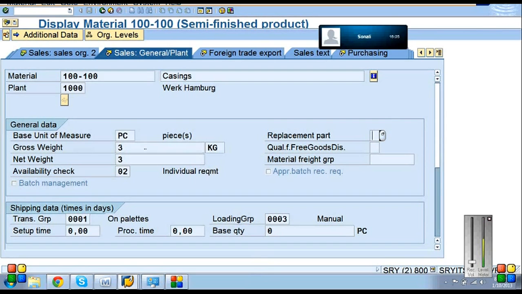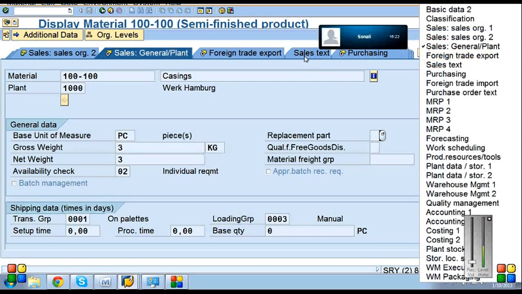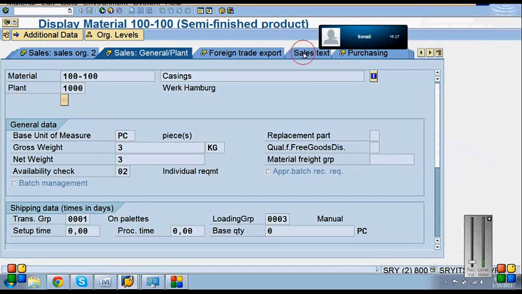Okay. So gross weight is 3, right now it has become 3.5 kgs, you can do that. There are changes that will happen, right? So those changes are possible. But every change is recorded, which user has done it, and why you are doing it, and you write it in this text, the sales text. Why this weight has grown, there are some reasons you can give in this text.